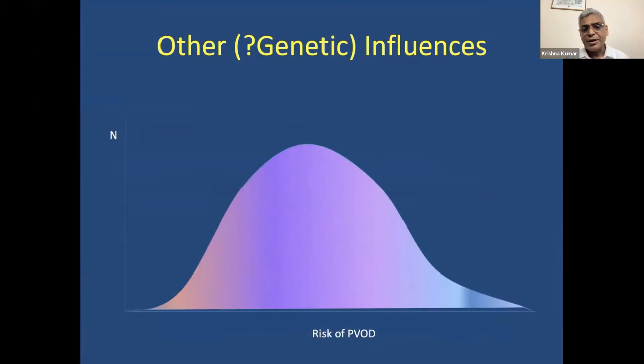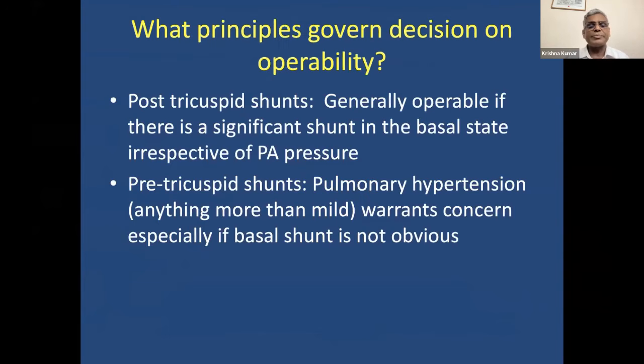And you have a bell-shaped curve when it comes to the risk of PVOD. At one end of the curve, you have patients who are inoperable or remain operable no matter what happens, and there are others that are very rapidly progressing. Perhaps we are looking at some examples of IPH at the very end of the spectrum. So the principles are relatively simple